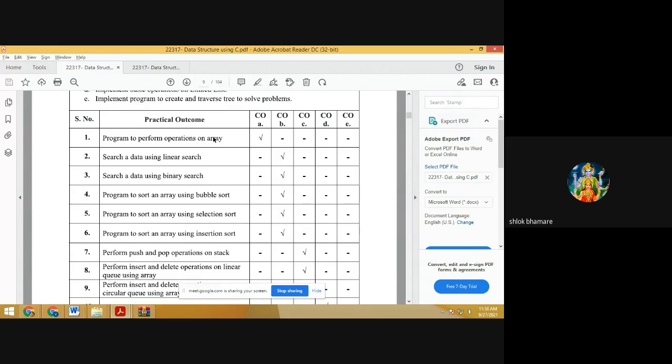In practical number 2, we have to perform search operation using linear search method, and in practical number 3, we have to perform search operation using binary search method.